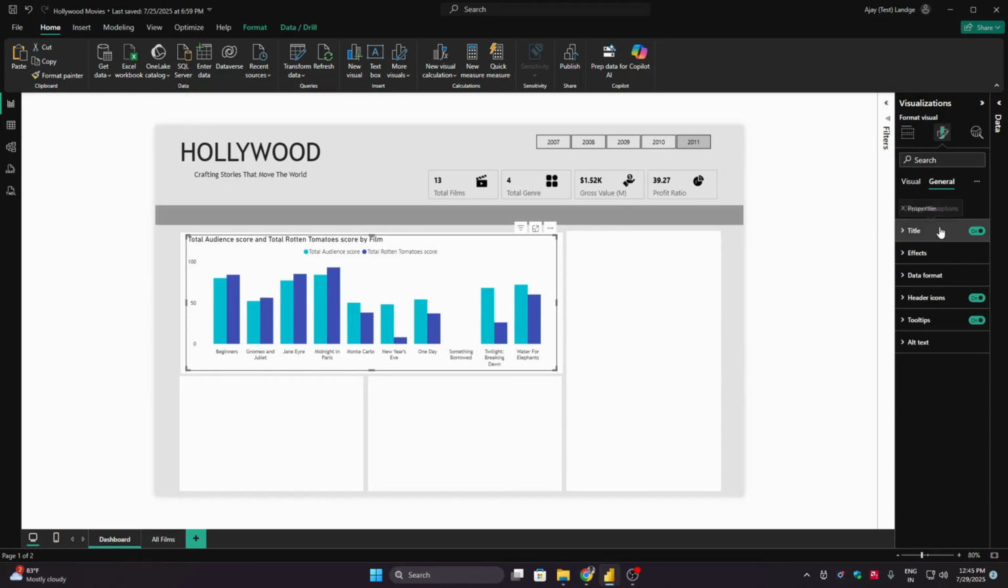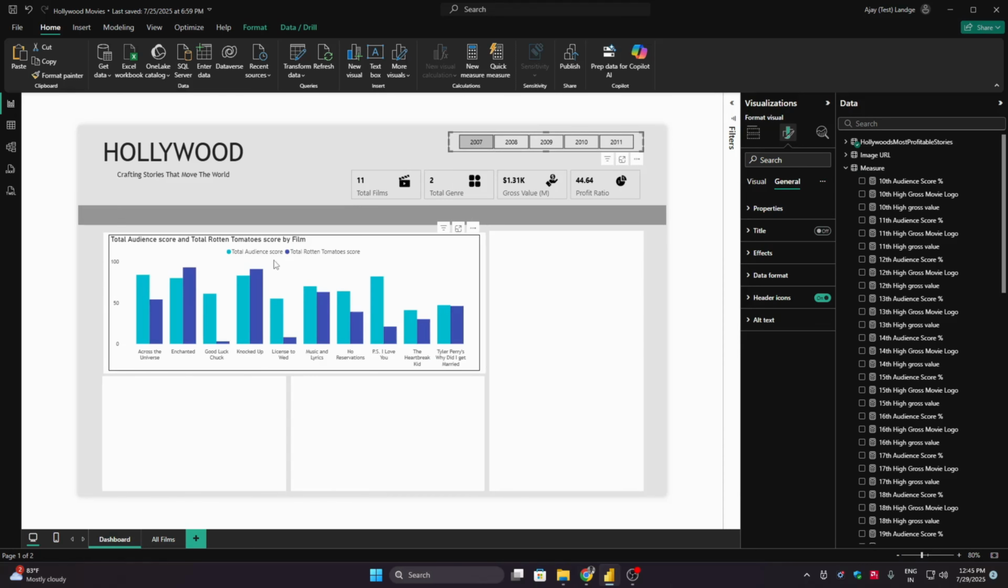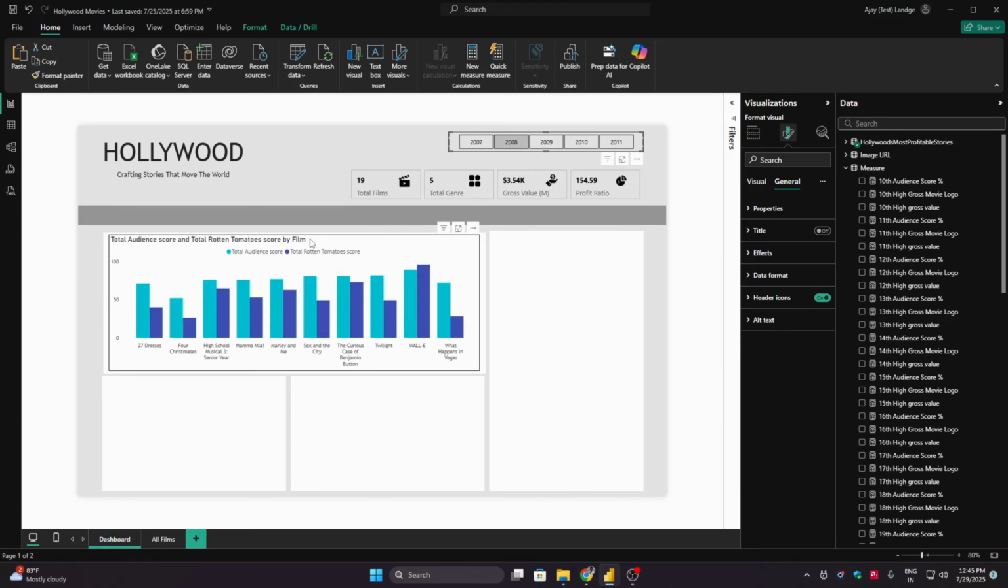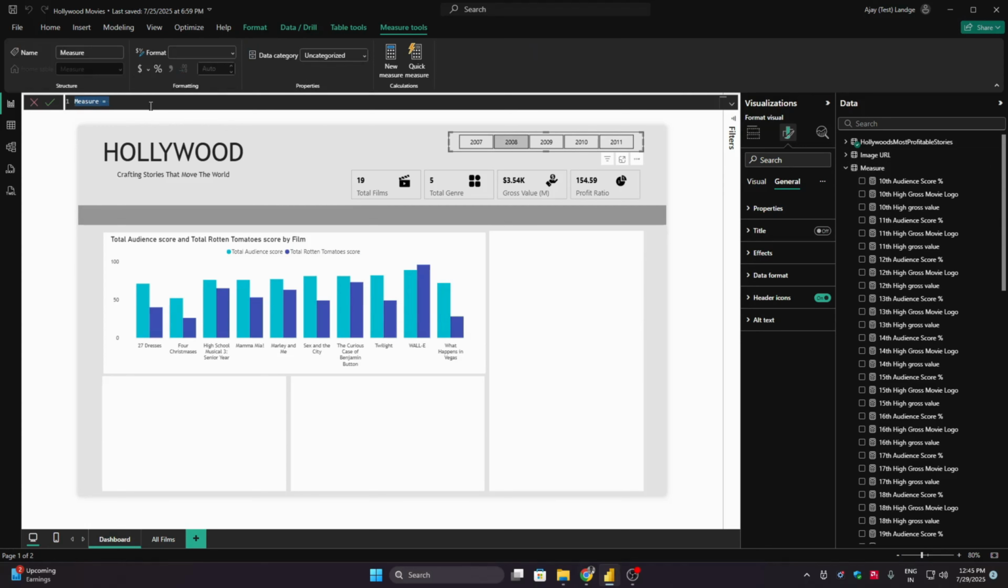Go to general. For the title we'll have to create a new measure, because as soon as I click on 2007 I want to show year as 2007. If I click on 2008 I want to show it as 2008. So go to measure, click on new measure, rename this as chart title